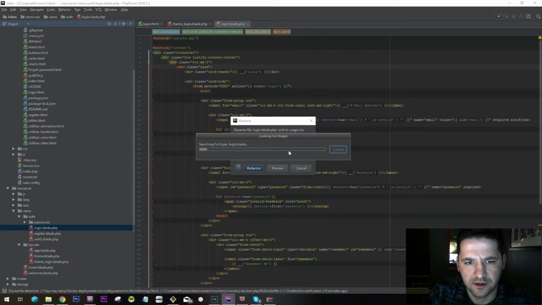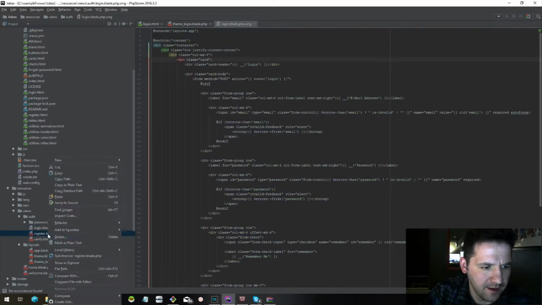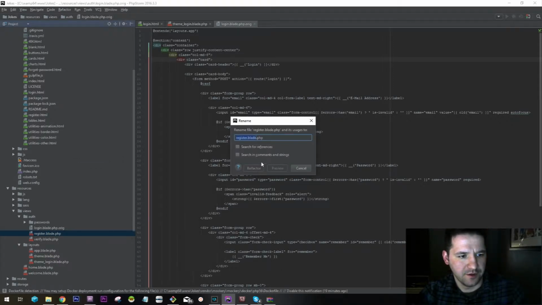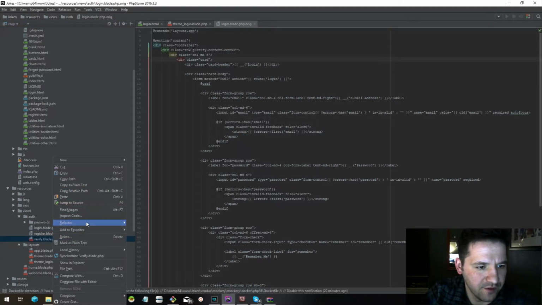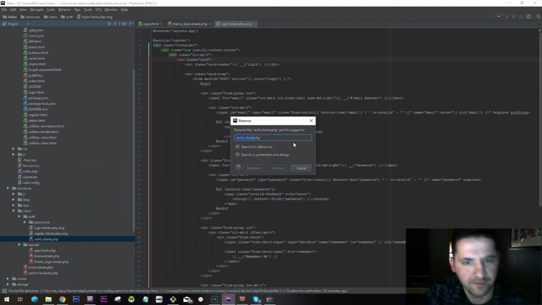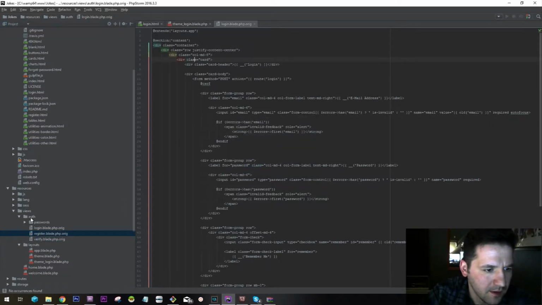Cancel. I do not want to search for that. Refactor. And then I want to refactor the old login.orig, then I want to refactor the old verify.orig. Then I'll create new ones. So let's start with